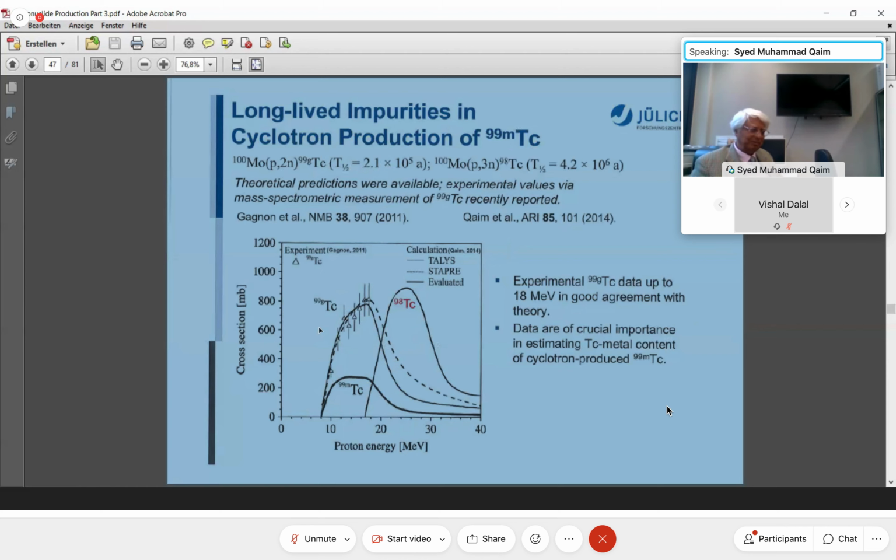Then with reactors also. But my argument is always that people doing this type of investigation are doing very good science. They are doing something important: they are measuring the data, developing targets, doing separations. It should continue, but in the end, when it comes to applications, one has to be realistic and see that the product is cheap enough and of very good quality. This certainly will be difficult by cyclotron production, but still research is going on and if some people want to make it, then they should do it.